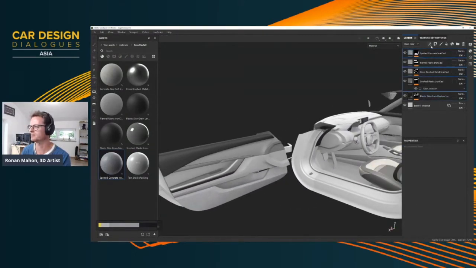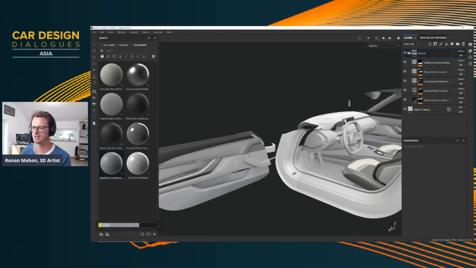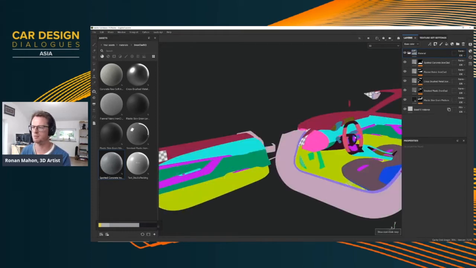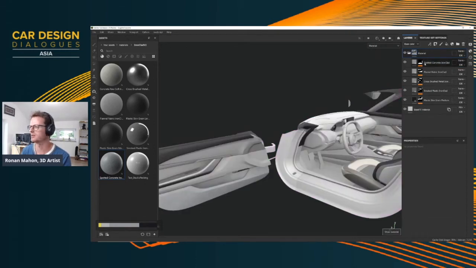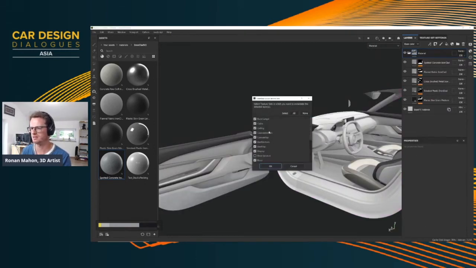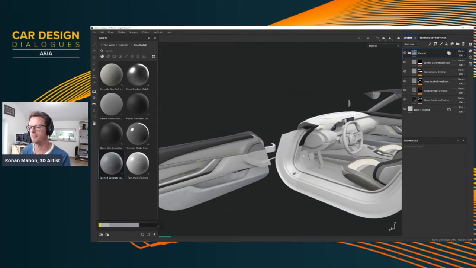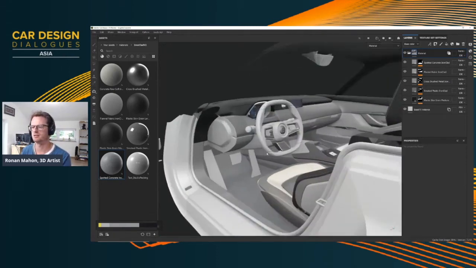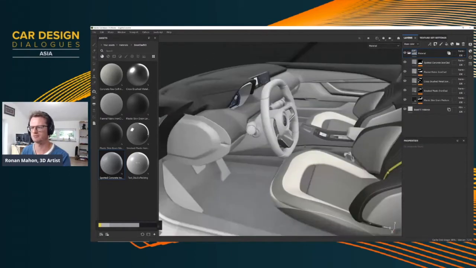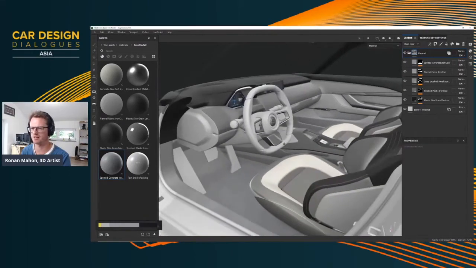However, what I'm going to quickly do is grab all these materials, add them to a group, just call this material base or something. And I'm going to instance this across the entire asset now. So what that does is it just looks at that ID map again across the entire asset and applies the materials that I've selected. So if I go here, instantiate across the whole asset, Substance just kind of goes, okay, I'm going to splat that over everything, and I'm going to use your color ID maps as a way to designate where I put things. So you can see already I've mostly textured the rest of the car.